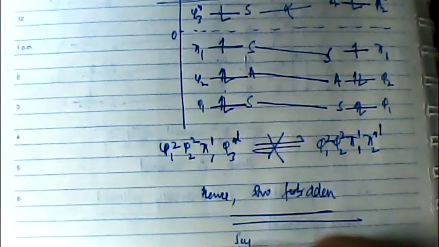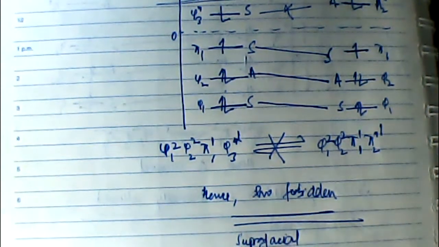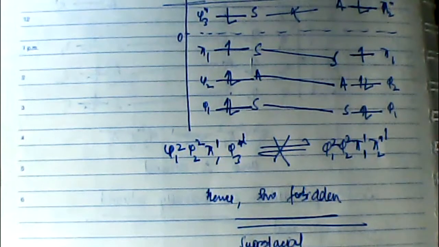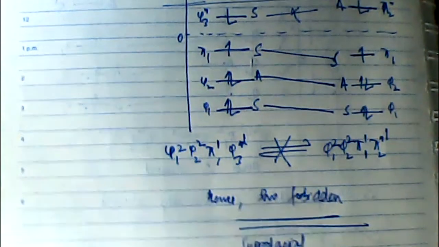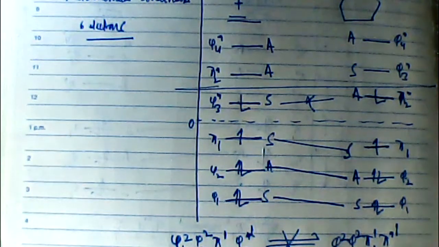Again, if nothing is mentioned, I am talking about the suprafacial mode of cycloaddition reaction. Right? So this is how we checked whether this Diels-Alder reaction will be thermally allowed or photochemically allowed. Going back and repeating what we have done: we understood what the reactants are in a Diels-Alder cycloaddition reaction, what the product is, and which bonds are broken in the reactants and which bonds are formed in the product.